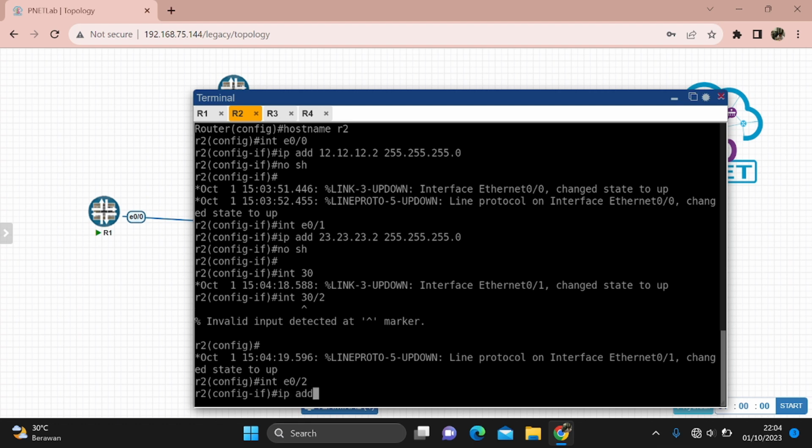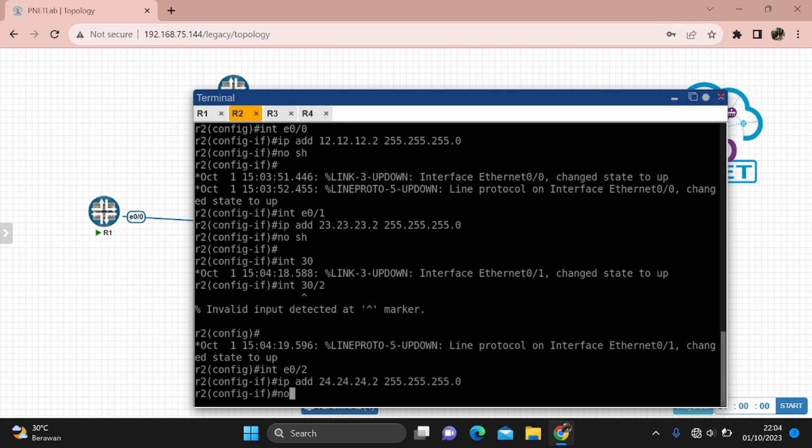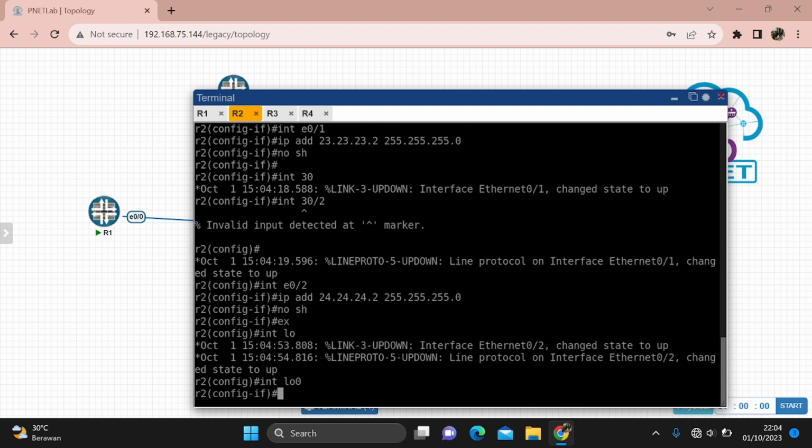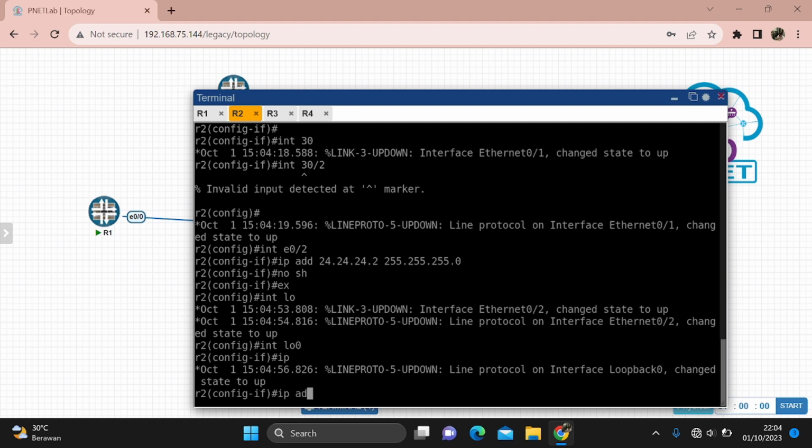The IP address is. Don't forget to no shutdown and exit. At the loopback, after that, the IP of loopback is 2.2.2 and 255.